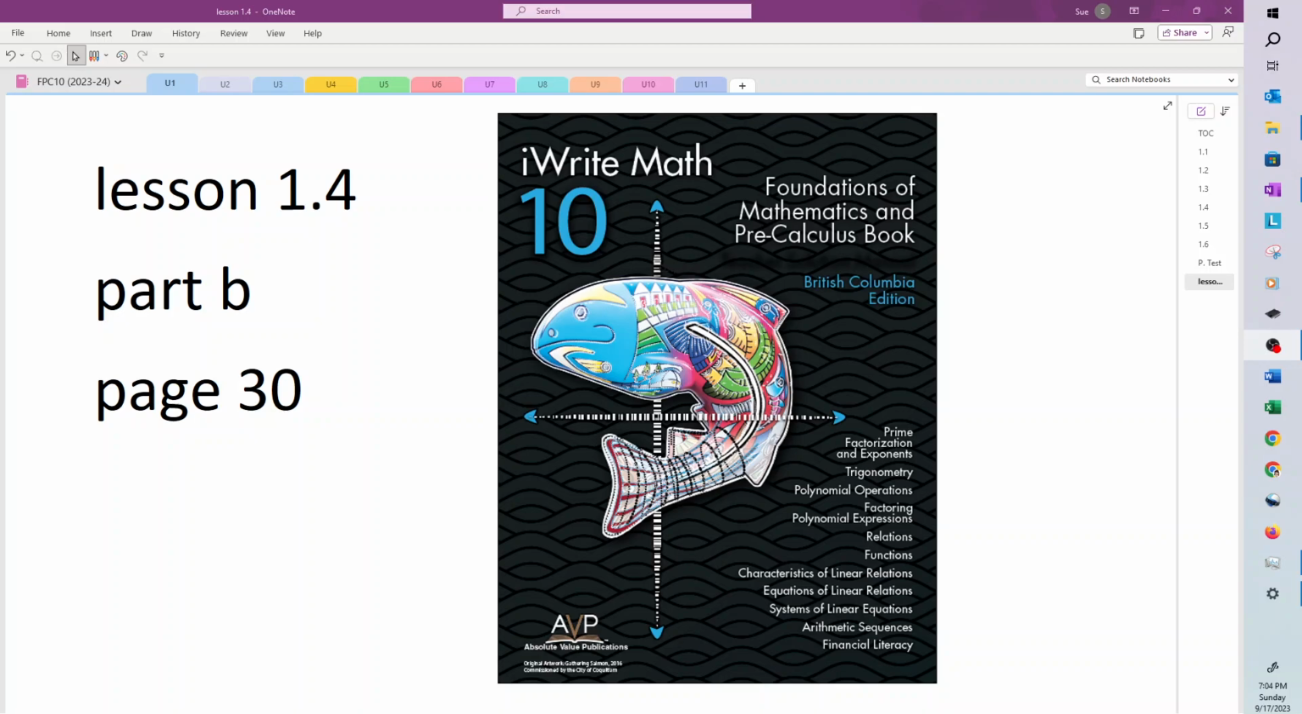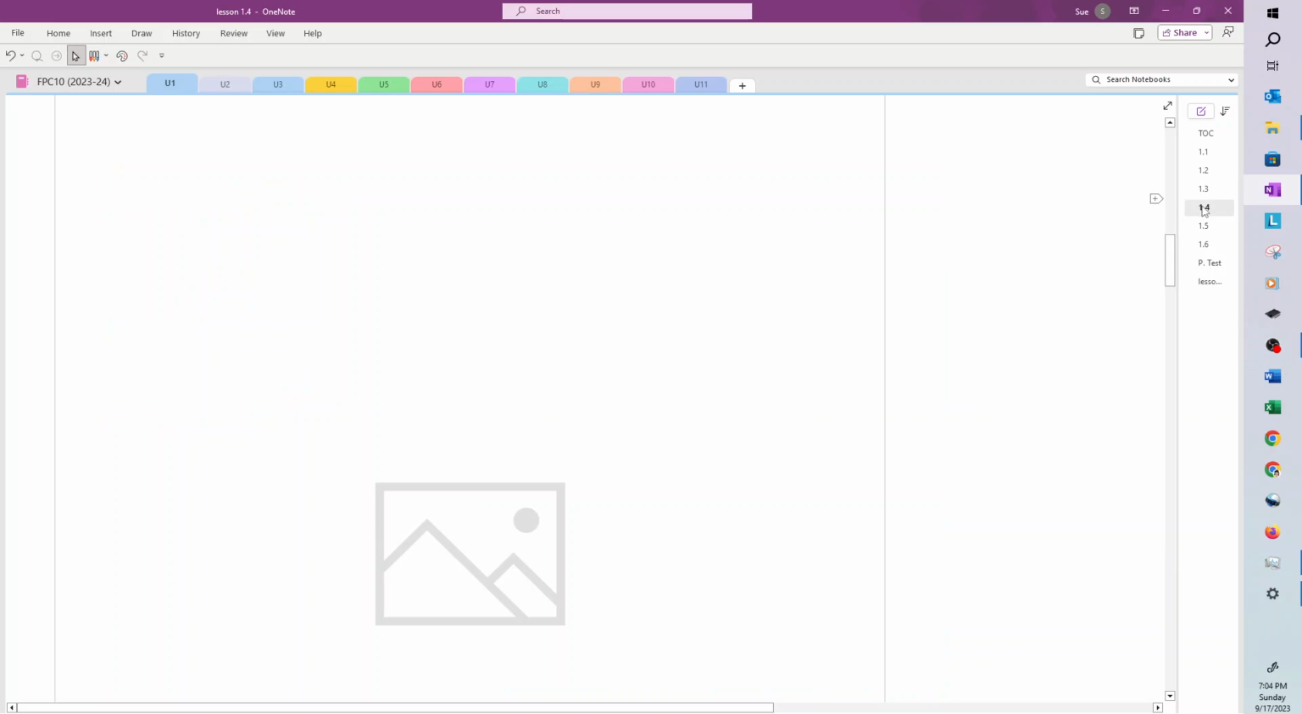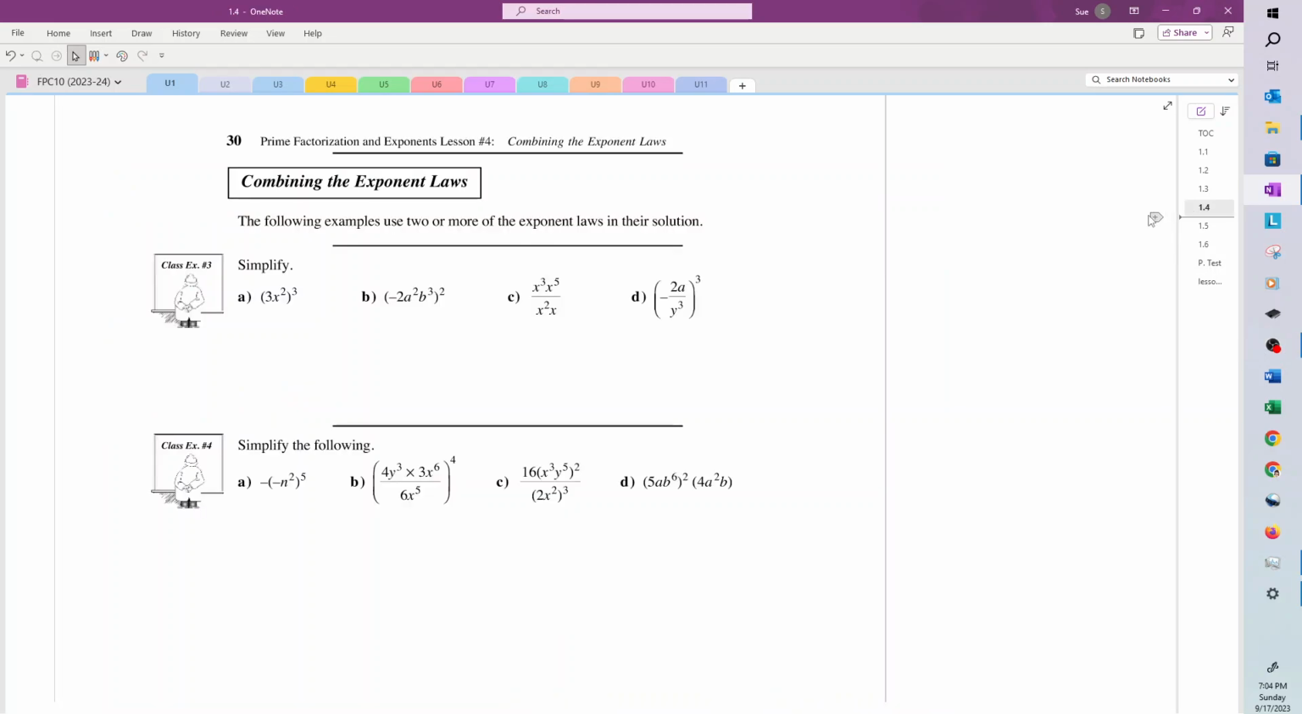Foundations in Pre-Cal 10, Lesson 1.4, Part B, starting on page 30 of your workbook. So in this lesson, we are combining two or more of the exponent laws. Since we're combining laws, the more complicated what we're doing gets, the more important it is that you write